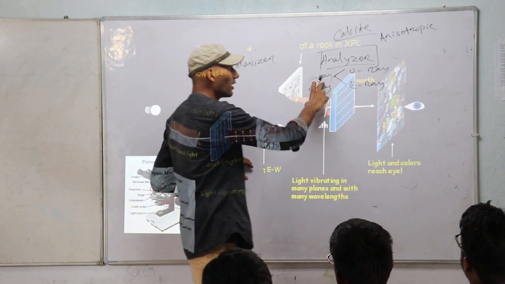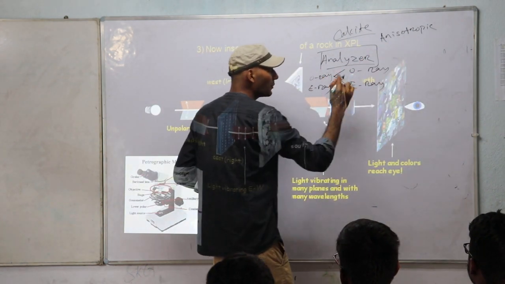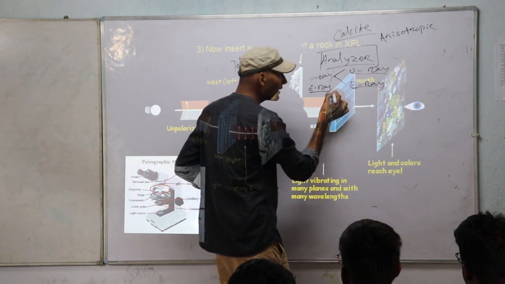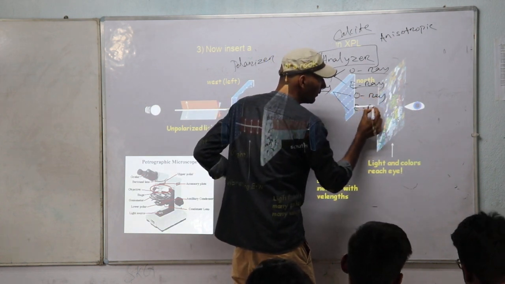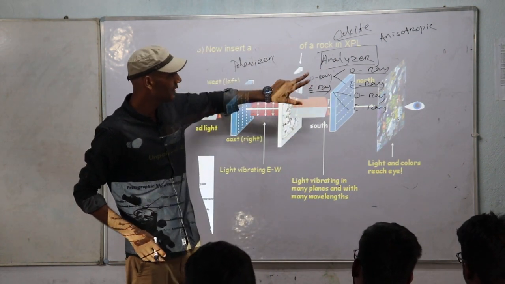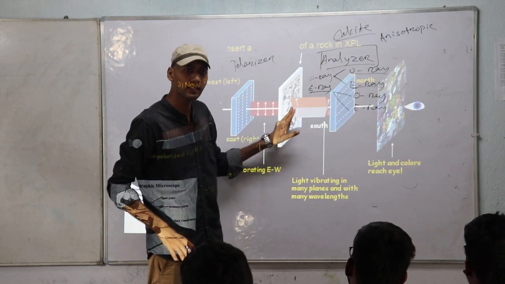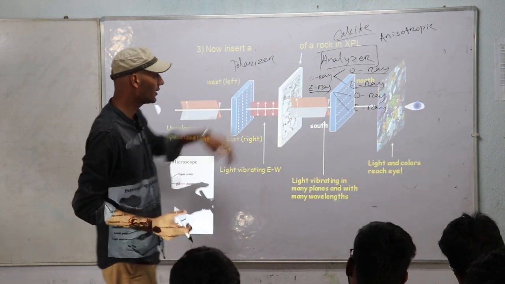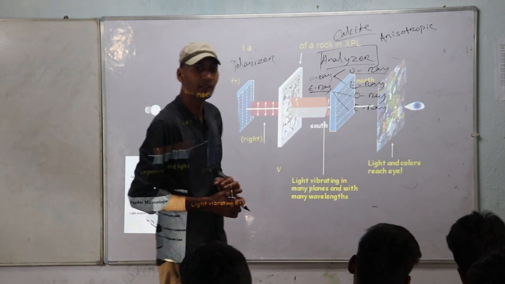So this ordinary ray which enters the calcite, an anisotropic mineral, again splits up into ordinary and extraordinary. The extraordinary ray that enters the calcite is again divided into ordinary and extraordinary. Got that? They are different rays. When these different rays enter the anisotropic mineral calcite, they are divided into 4 rays. 2 rays give 2 rays each. That means 4 rays.